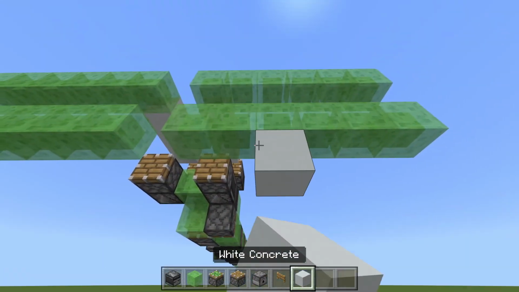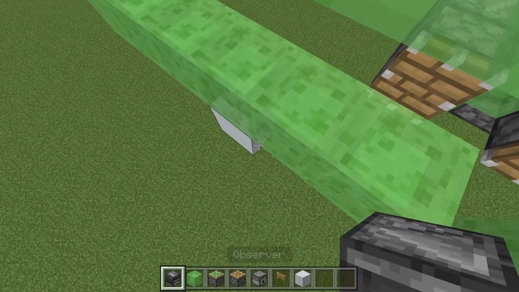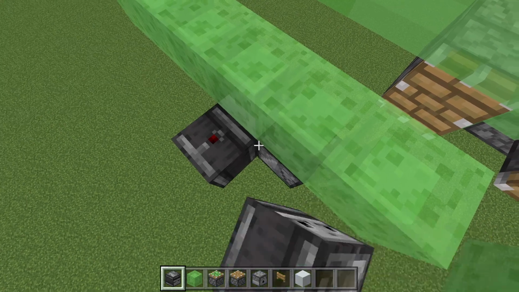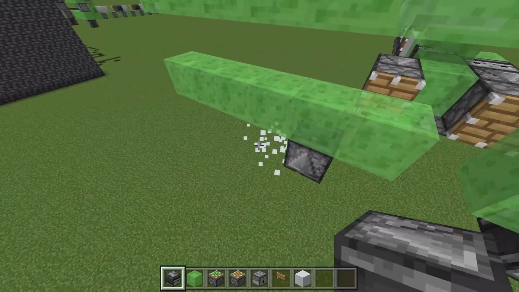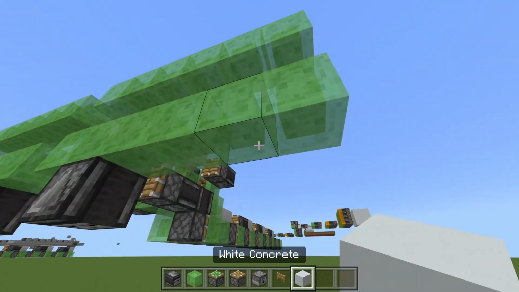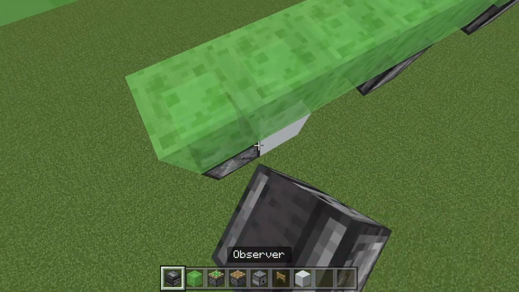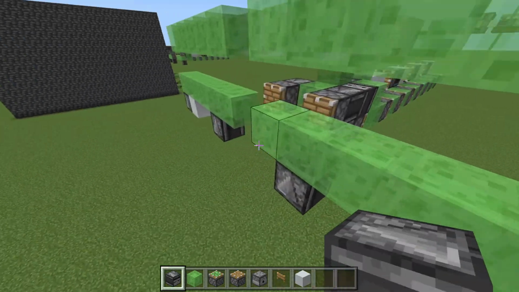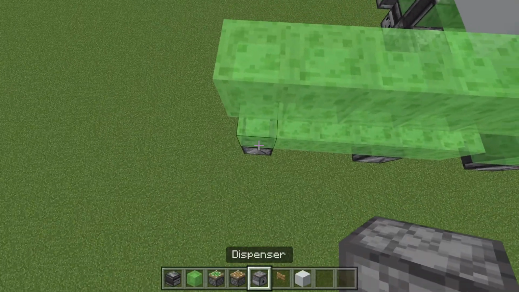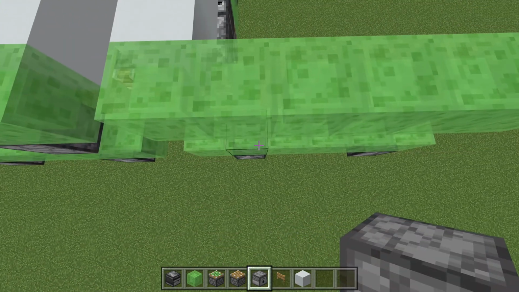Next, what you want to do is place a block here and then a block here. These are both temporary, by the way, and then you want to place an observer facing up here and then an observer facing up here just like that, and then destroy these temporary blocks. Once you've done that, you just want to place another temporary block here and another temporary block here, then place an observer facing upwards here and an observer facing upwards here just like that, and then destroy the temporary blocks. Once you've done that, above each of these observers here, you want to place a dispenser facing upwards just like